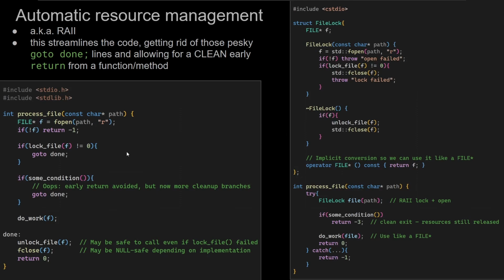So the canonical C way, for example, in this case of processing a file: you open a file, and if it's not open, you return, and you try to lock it, and if that fails, you need to go to this block of done, which would unlock the file, because you don't want to leave the function without properly unlocking the file. And imagine some junior engineer coming later on and saying, oh, by the way, if the file name is such and such, then we just return from here, which may bypass the goto done,